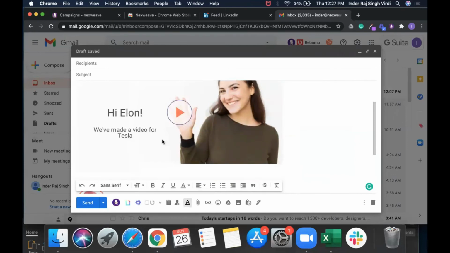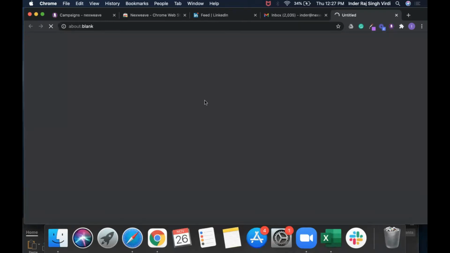So that's how the mail will appear. And if you notice, this image that you see is already linked to the landing page containing the personalized experience for Elon. So let's say Elon gets this email and he clicks on this particular image. It'll take him to this particular landing page.